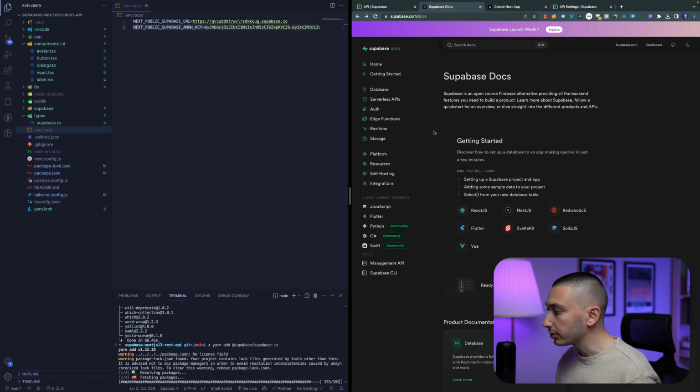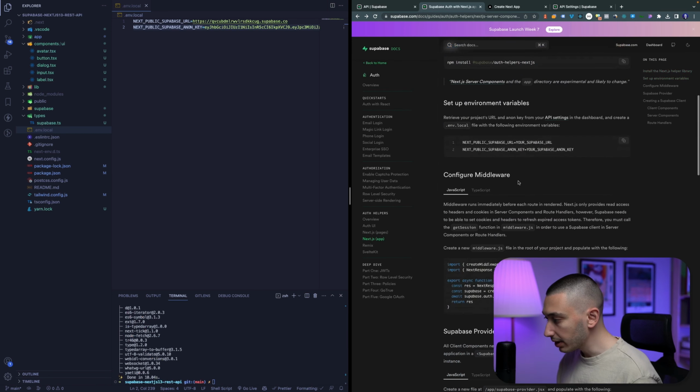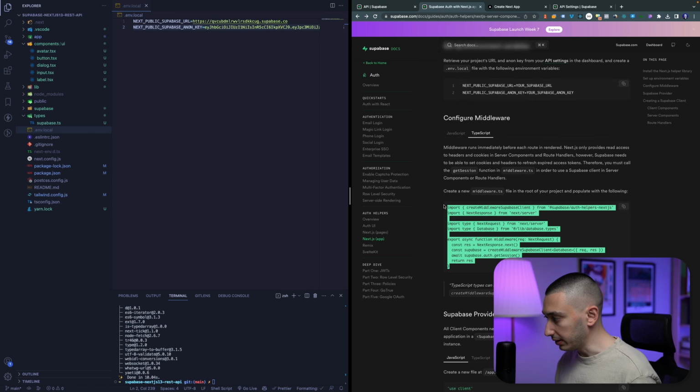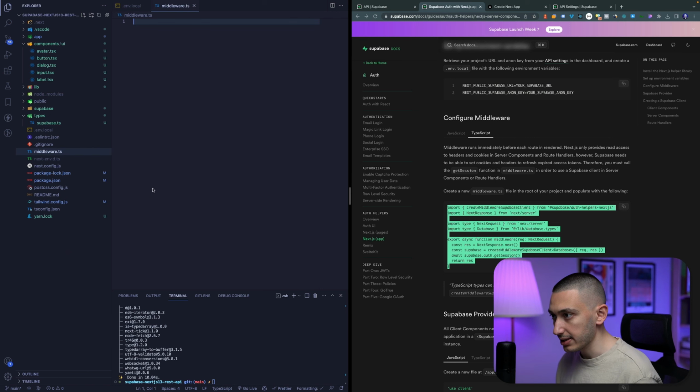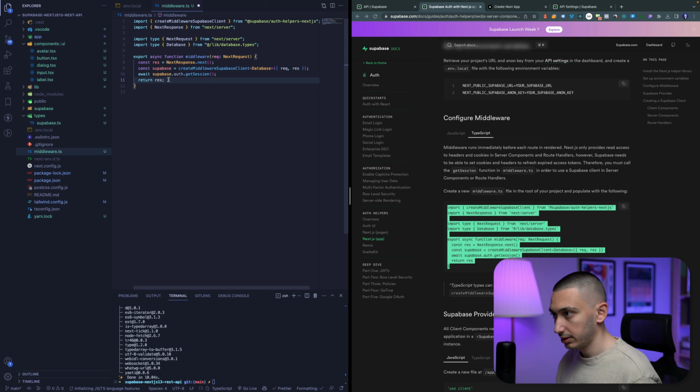And we can go back to our authentication guide. First, you need to configure your middleware. Let's copy this code and create a middleware file in our root, like this, middleware.ts, and we can paste this code into our file. And also we need to set our matcher in this